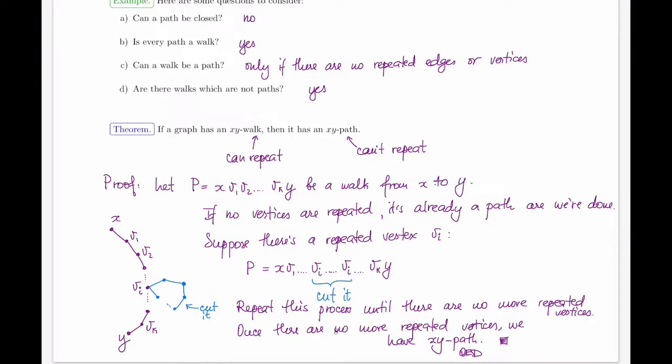Isn't this a lovely way to analyze a situation? We started with a walk where vertices can repeat. I think that the picture is really helpful in here because we can see that if a vertex does repeat, we can cut out the piece where it forms a little loop around and repeats itself. Once we cut it out, this vertex is no longer problematic. If we look and find another vertex that was problematic in the same way, we can cut out that piece in the exact same way. Once we get rid of all the repeated pieces, we have ourselves a path from X to Y.